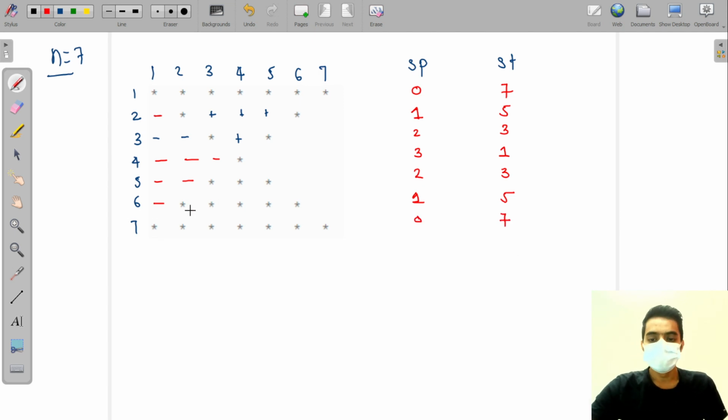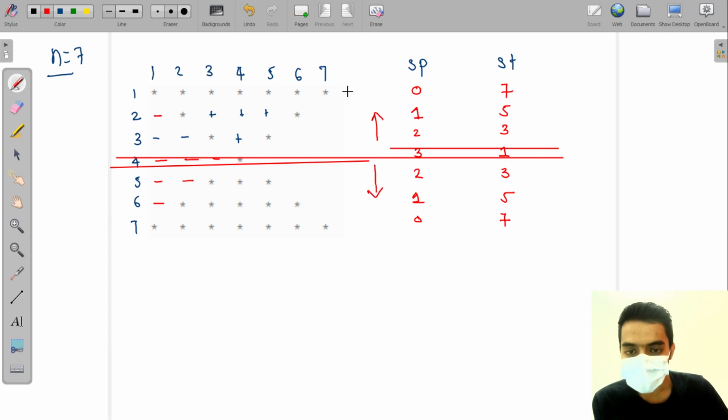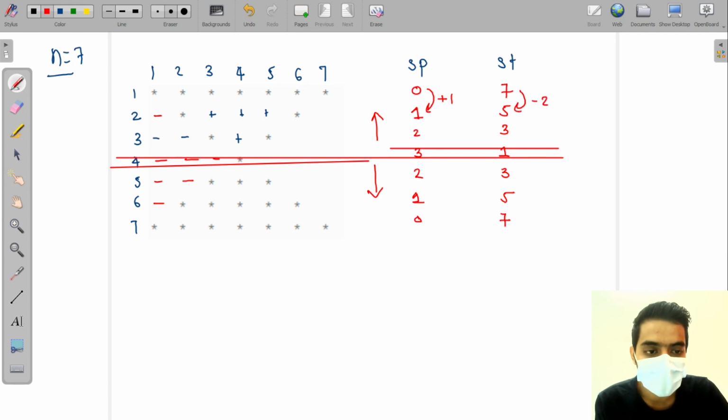So as a result, we are analyzing this pattern. Let's divide this pattern into two parts. This is the first half, and this is the second half of this pattern. In the first half, the number of spaces is increasing by 1, and the number of stars is decreasing by 2.